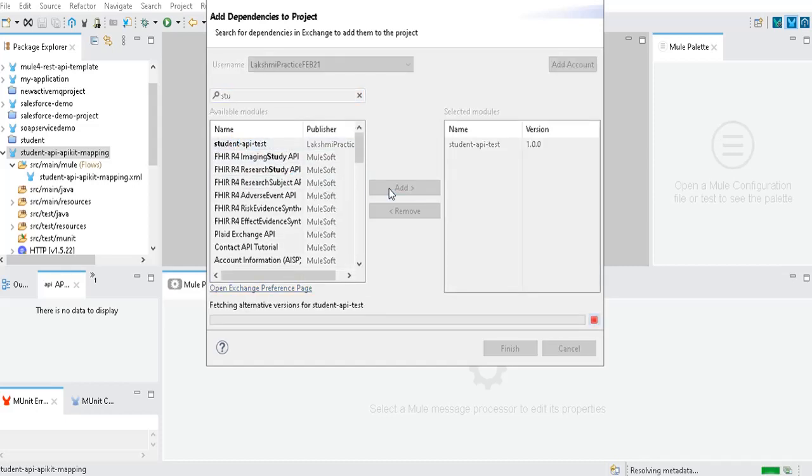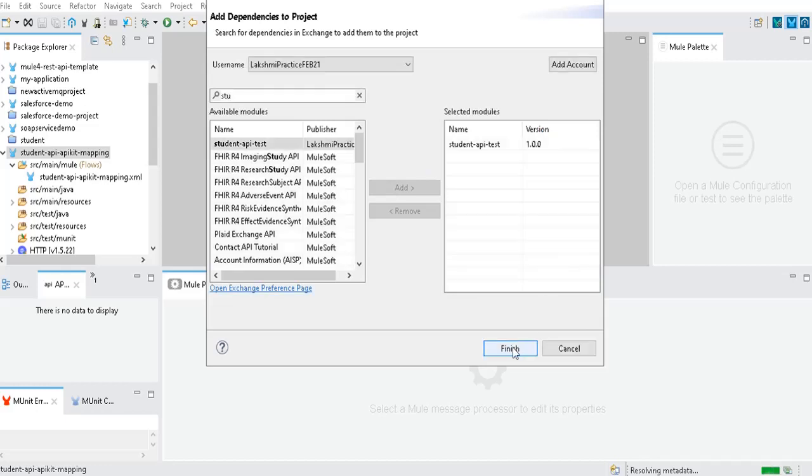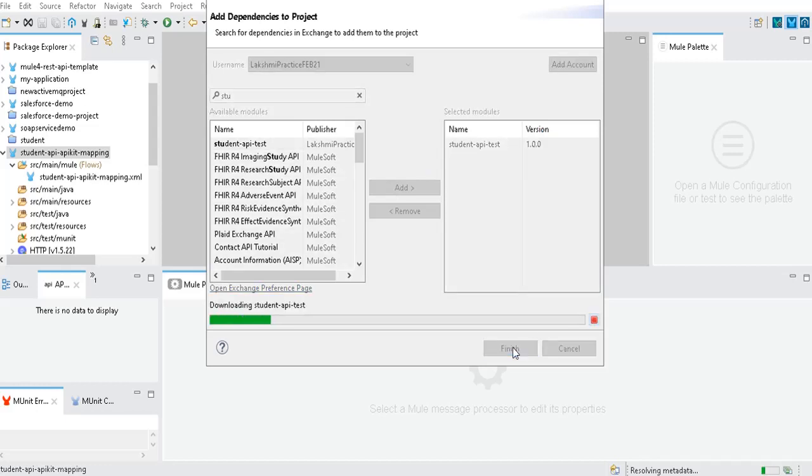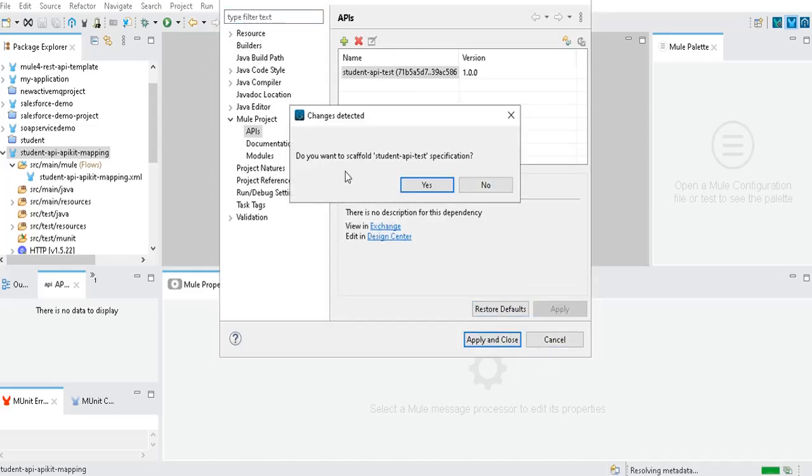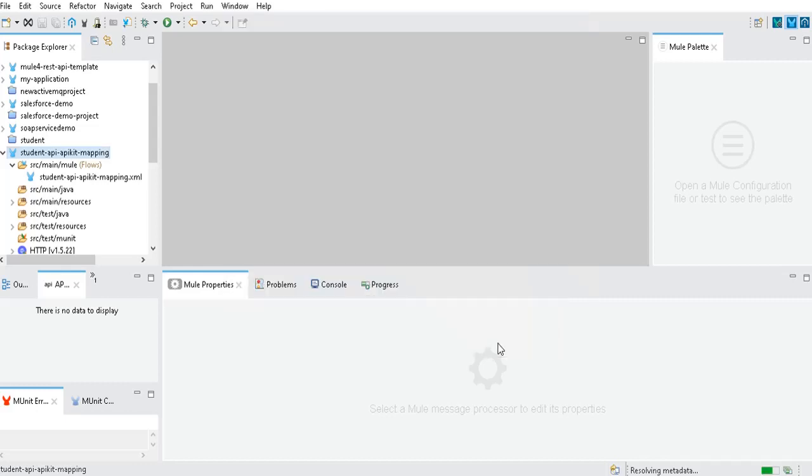So this is my RAML. I'm adding here. Okay. Now the student API, the RAML, is linked to my empty project. Now I'm clicking apply. It will ask you to scaffold the student flow specification. It means it is going to generate the default flows. So you can say no, no problem. Click on OK.